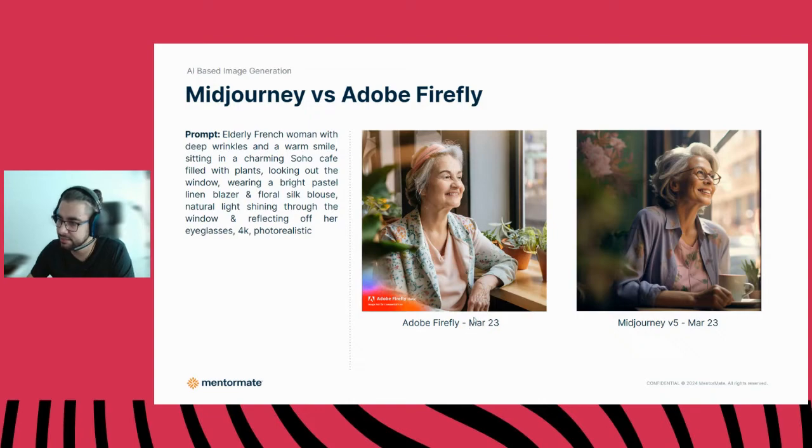And at the same time, March 2023, Adobe Firefly released its first version of its model for generating images. Now I need to talk just for a bit on the differences between these tools. Midjourney is a proprietary software, and you need a subscription to use it. Adobe Firefly is Adobe's property, and it's been trained completely on Adobe